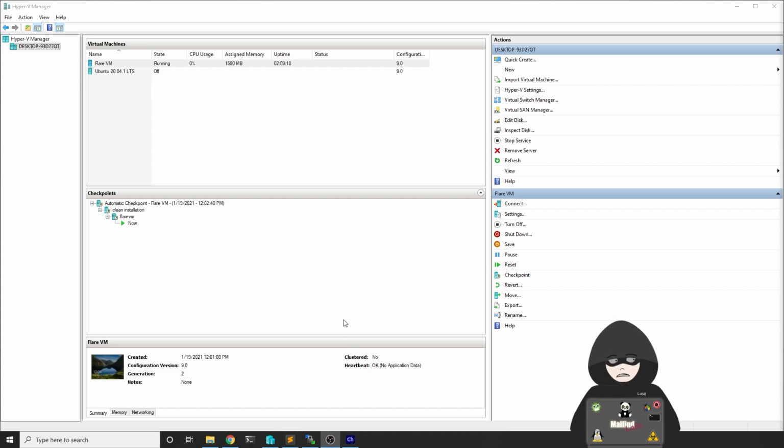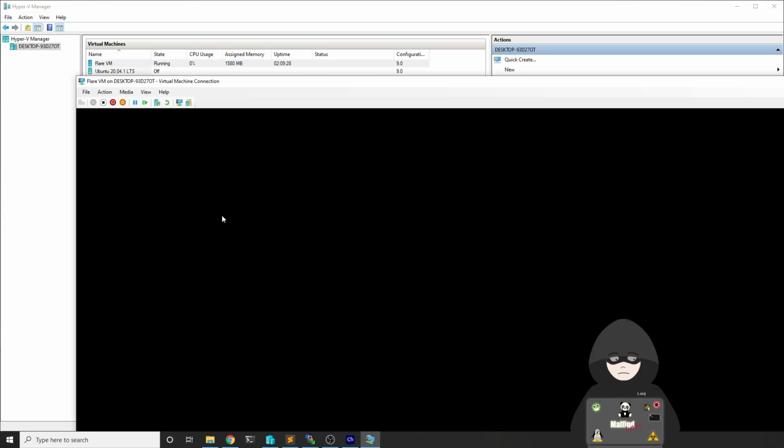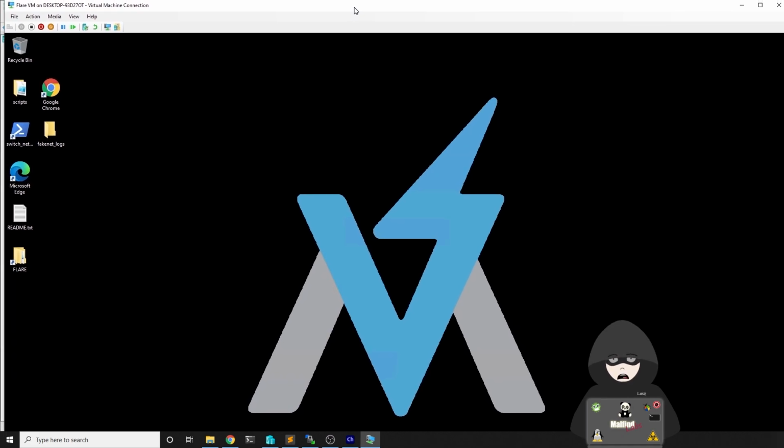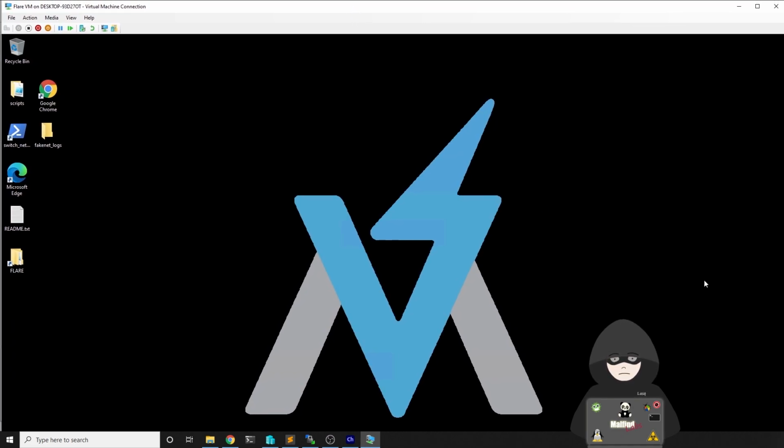So after the installation we need to somehow connect the machine to the internet. Right now it's connected directly to the internet, and this is not the best way to do it because we want our machine to be isolated, but we also want to be able to analyze the traffic from this machine to the internet. So what we're going to do is set up another virtual machine